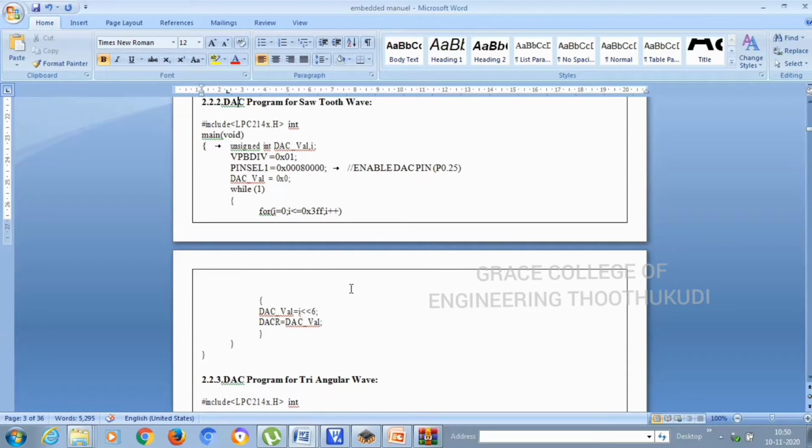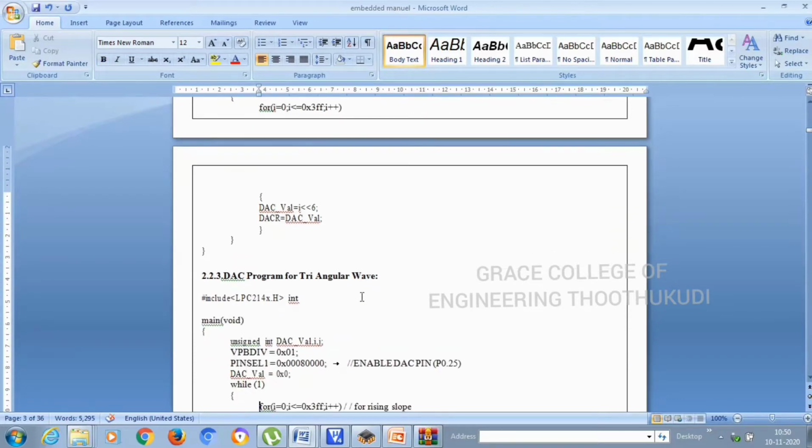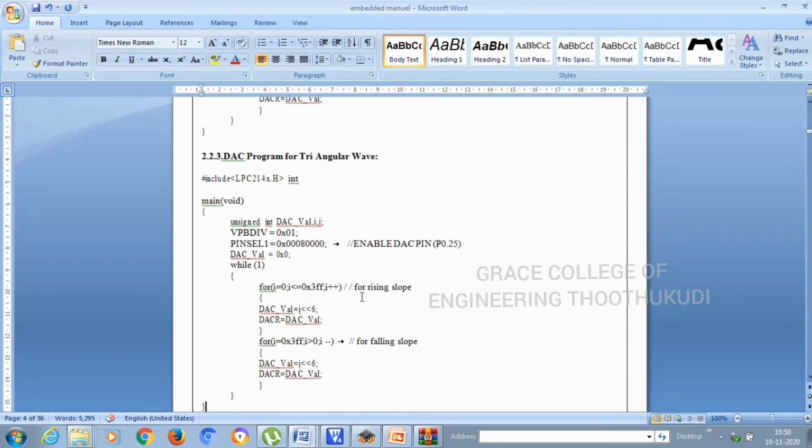Similarly, the DAC program for triangular wave generation. For triangular wave generation, the same main function is given, with which we select the frequency as well as PINSEL1. The DAC value is initialized with 0x0. In the for loop, in a triangular wave there are two edges: for the rising slope 0 to 3FF, and for the falling slope 3FF to 0. Therefore in the for loop the condition is given in such a manner, and we are getting the output for the